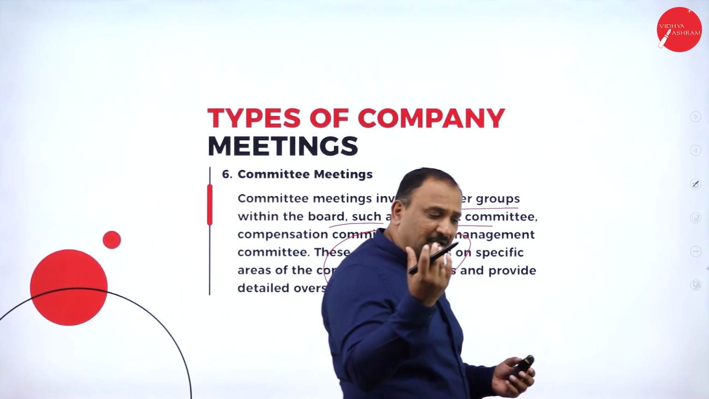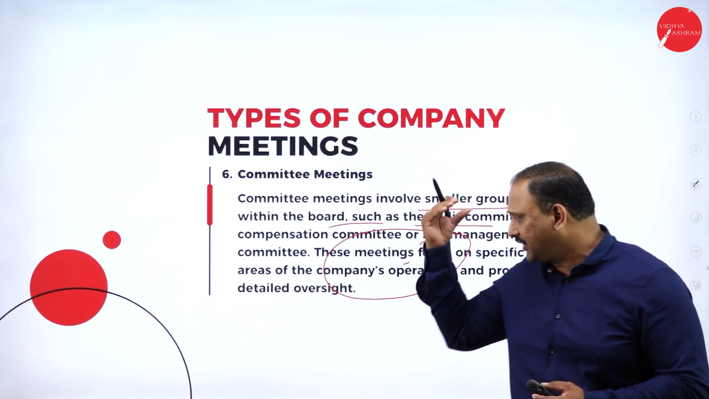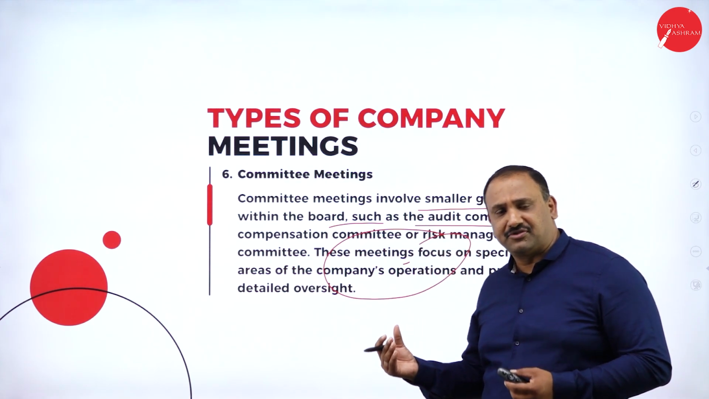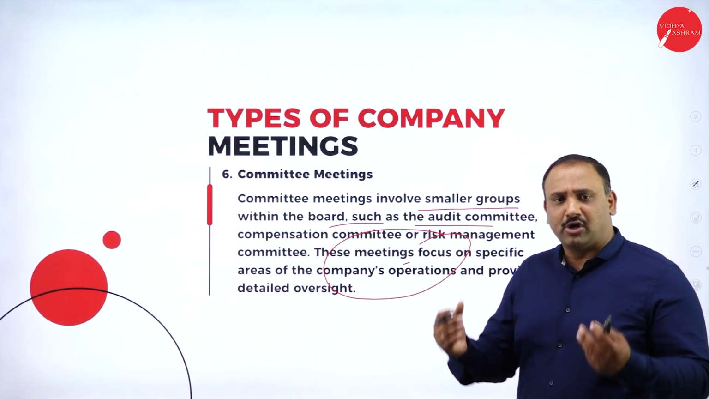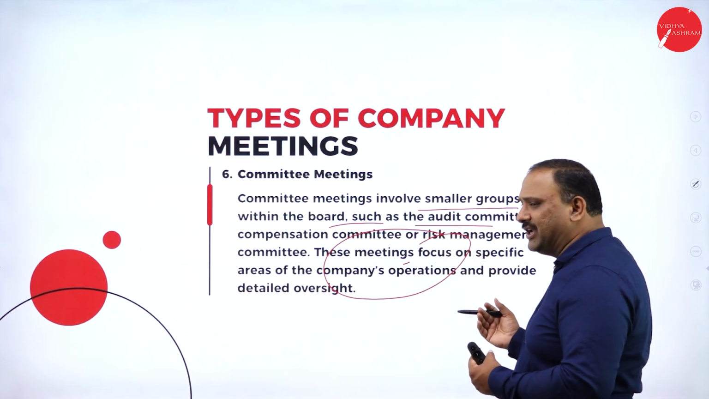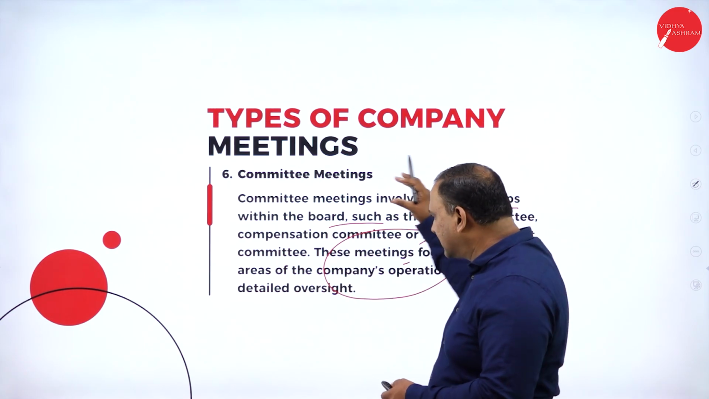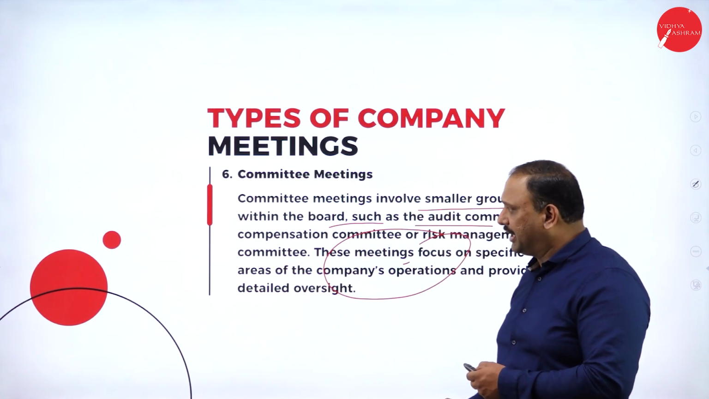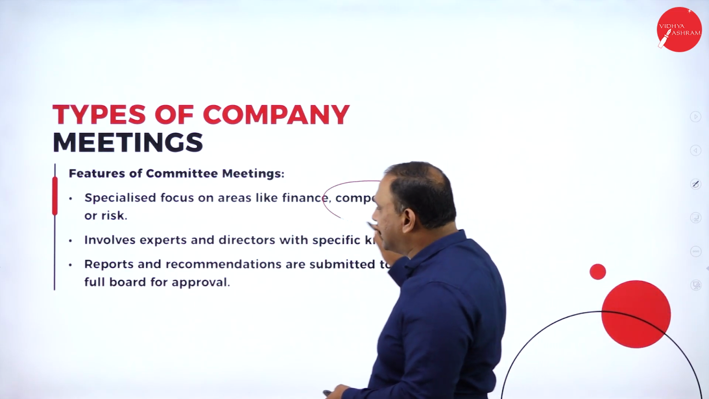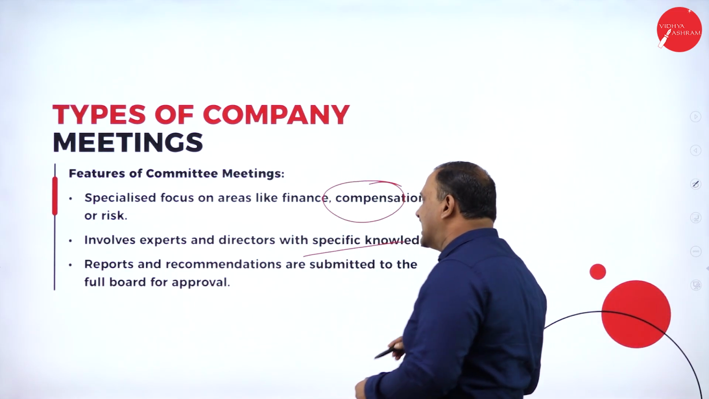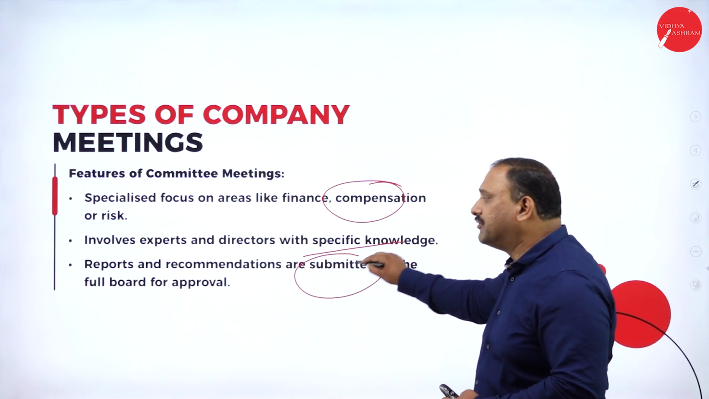So all people have this compensation committee as a mandatory part of the organization, trying to govern how the payment structure is being divided, how a CEO should be paid, what kind of ESOPs and other arrangements should be made, what kind of incentives should be provided. All these things are done at the compensation committee level meeting, followed by which the features are its specialized focus like finance, compensation, risk involves experts and directors with specific knowledge,